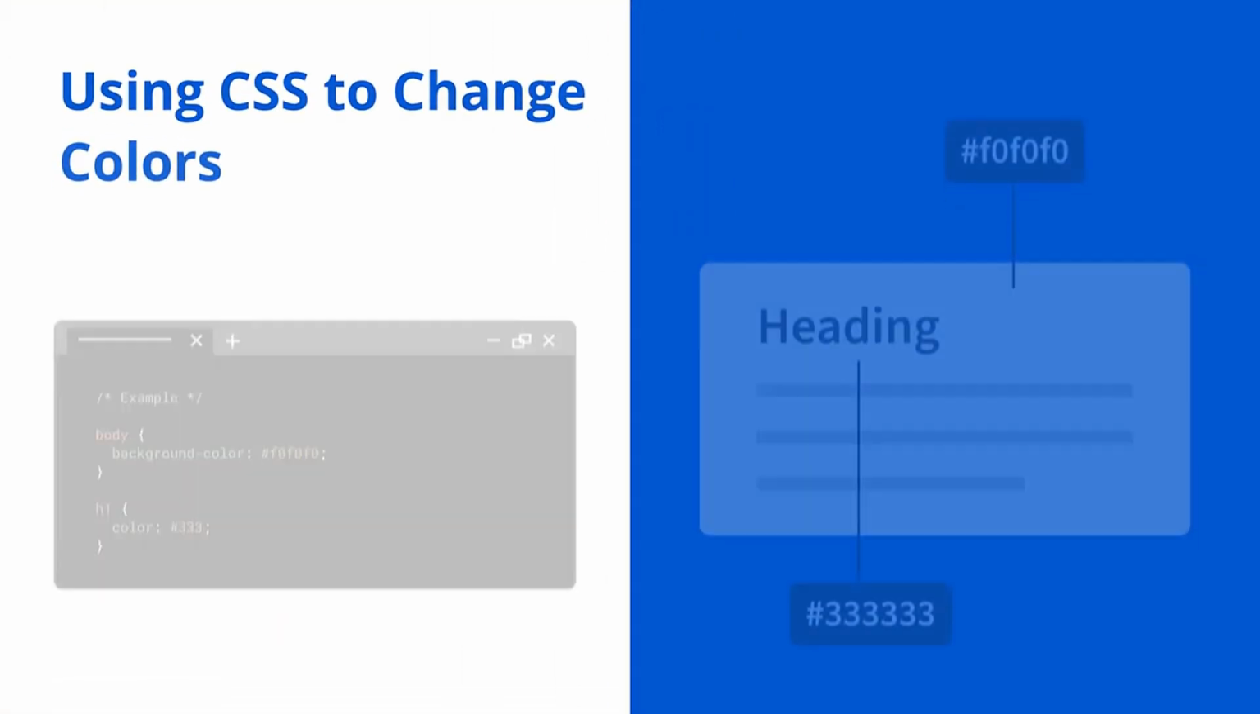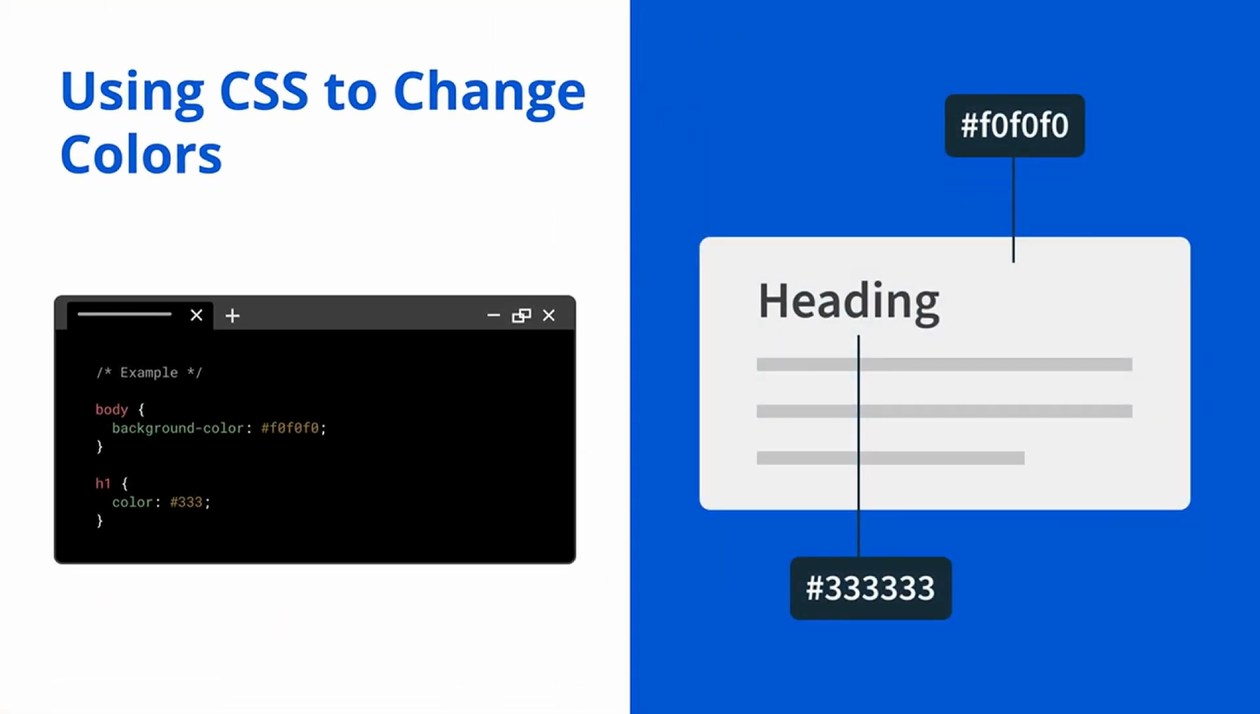Now, let's review a simple CSS example that styles a web page. First, we have the body selector. This selector targets the entire body of the web page. Within the curly braces, we define a rule: background-color: #F0F0F0. This sets the background color of the page to a light gray, using the hexadecimal color code